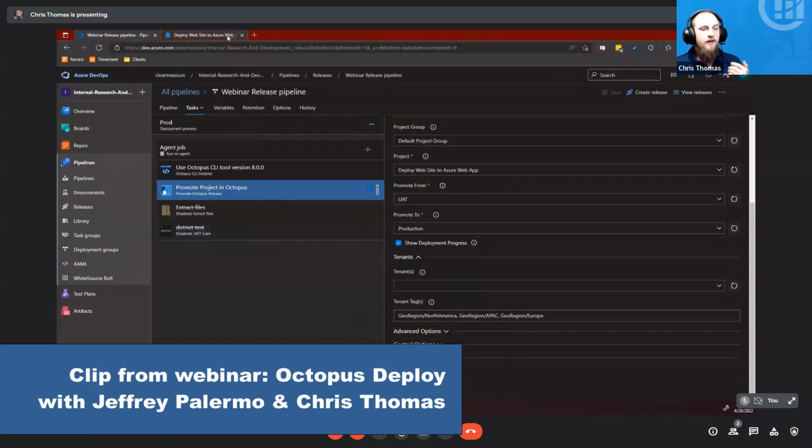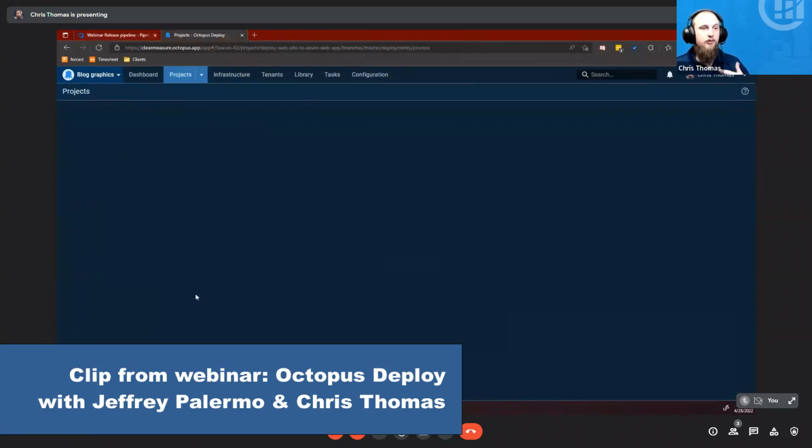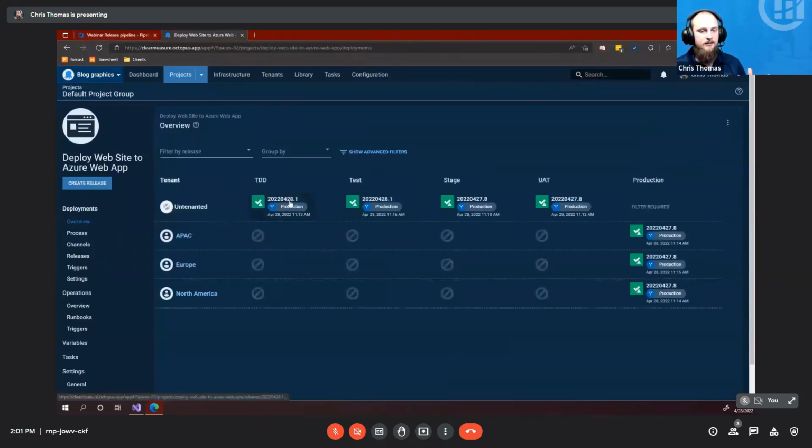So moving on to the deployment environment. What I have here is the defined project for Octopus Deploy, where we have all the same environments happening here. And as you can see, we have our TDD environment, our test environment, which we saw were deployed early,